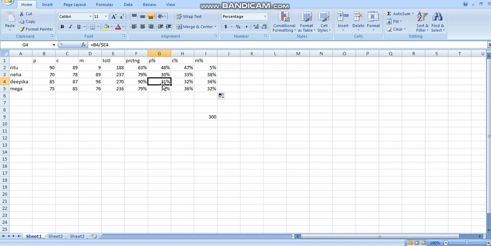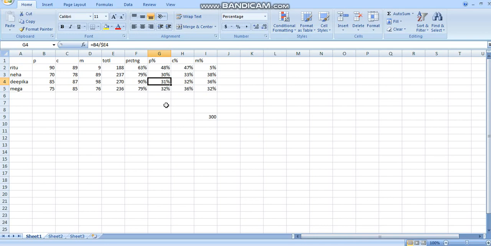This means when the column remains the same, the row changes. So what is a mixed reference? Mixed reference is where either the column or the row is fixed and the other is changing at the same time.